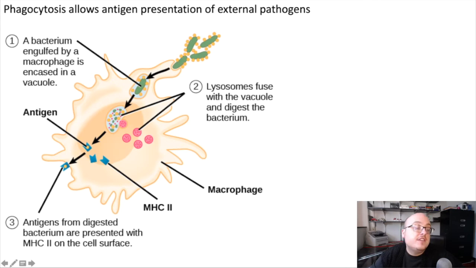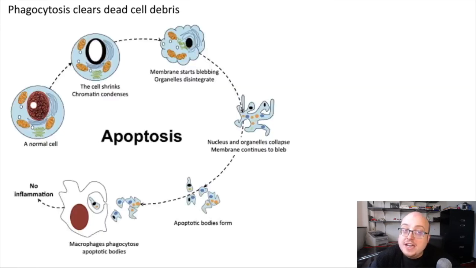So one additional thing that phagocytosis does that we want to point out is actually take care of the debris of dead cells. And so during an infection, you do have a lot of cell death typically. Either the infection itself kills the cell, or perhaps the immune system is killing the cells. But in any case, we need to get rid of those cellular corpses, as it were. We don't want them to build up because they have a lot of deleterious effects if we have too many of them.